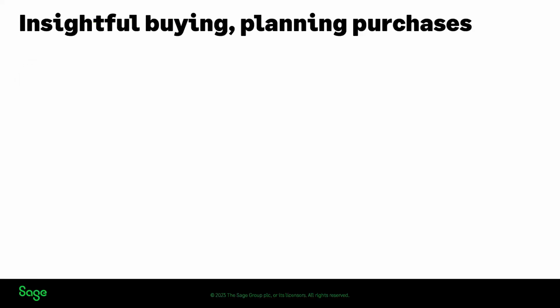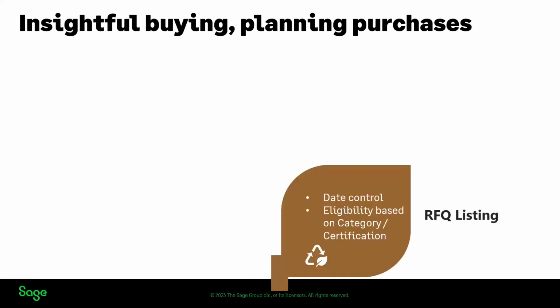The other thing that we are focused on is insightful buying. How do we actually plan the purchases? Some purchases deal a lot with RFQs. So if you want to supply to my particular company, you need to put in your RFQ. I need to source for 3 suppliers. So what the X3 RFQ listing does, on top of having a portal for you directly to communicate